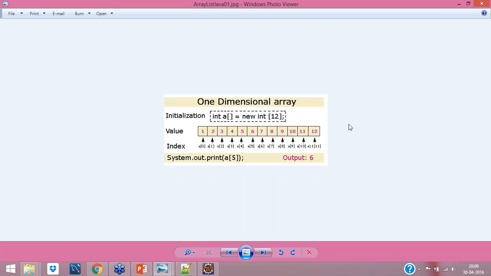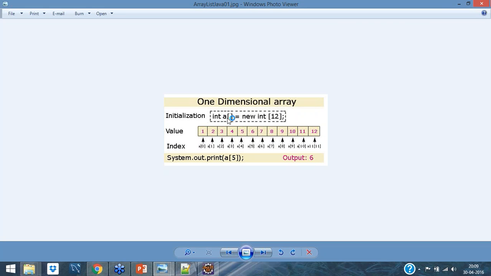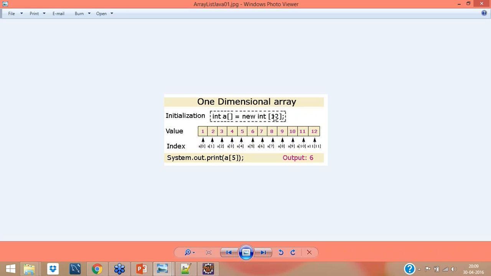This is my one dimensional array. You can write the bracket near the int, or you can write it near the variable. Both will work fine. This is a size of 12, meaning a maximum of 12 values can be inserted into the array.